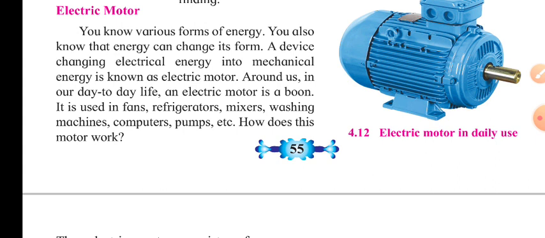Today we are going to see State Board Class 10 Science 1 Chapter number 4, Effects of Electric Current. The first two parts we have already completed, and in them we studied the heating effect of the electric current, and after that the magnetic effect of electric current. We had already studied the left hand rule to find out the direction of a magnetic field produced around the conductor,